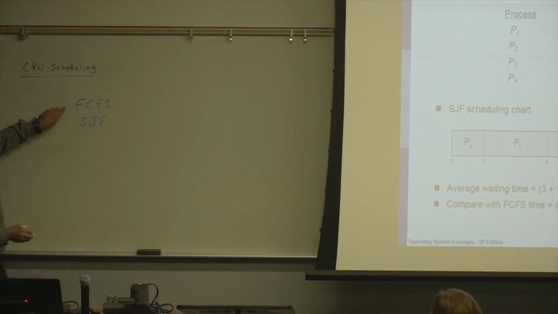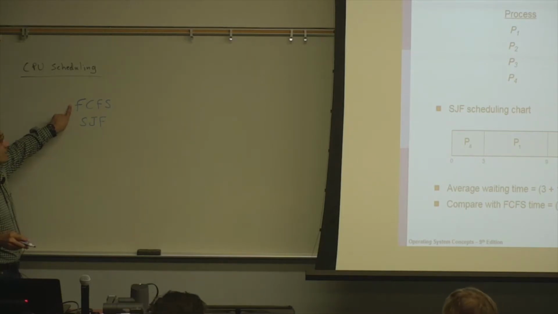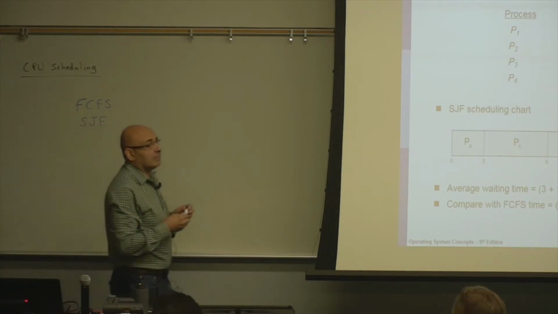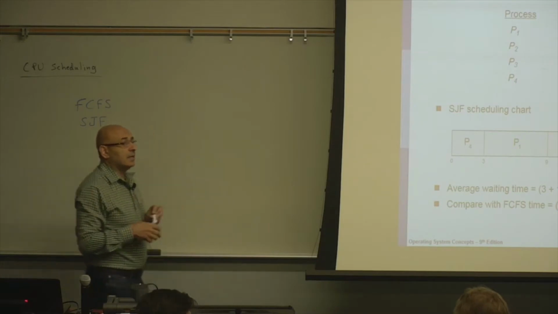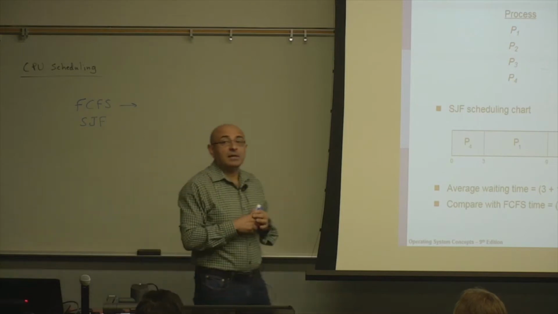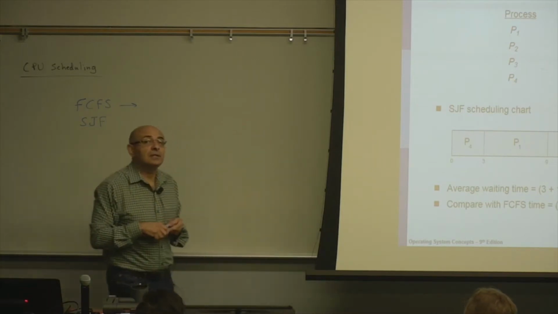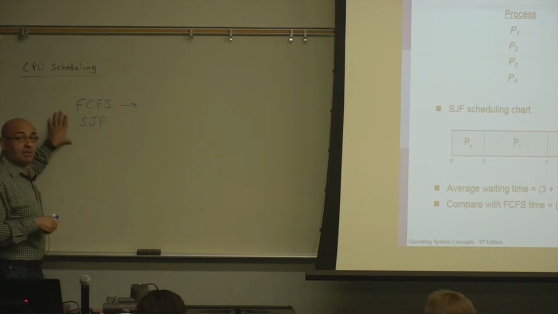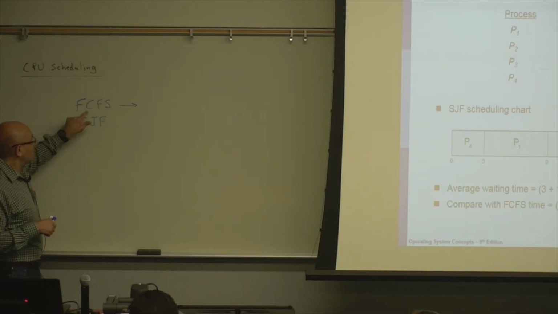So, what's the problem with first come, first serve? It has a starvation problem, of processes that have a longer CPU burst time. Okay. So in fact, first come, first serve does not have a starvation problem. By definition, it does not have starvation. Why? It's important to understand this. It's like an average waiting time problem. Yeah, so the average waiting time can be long, but we do not have starvation.